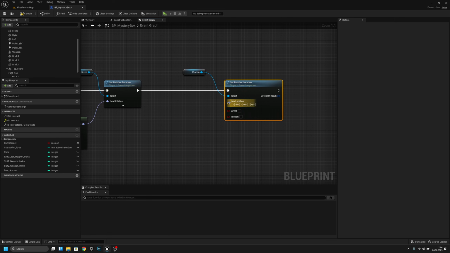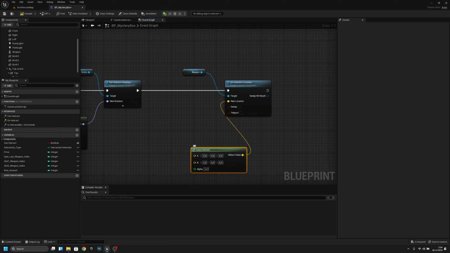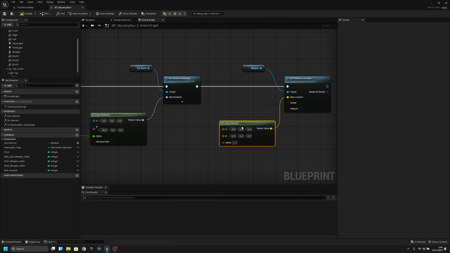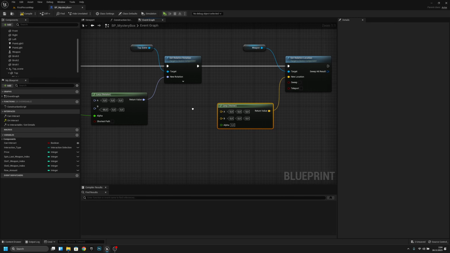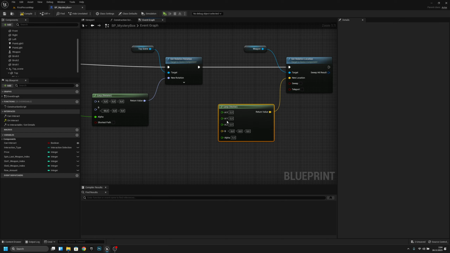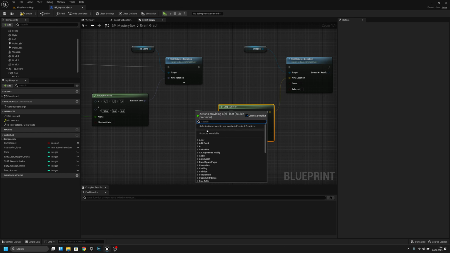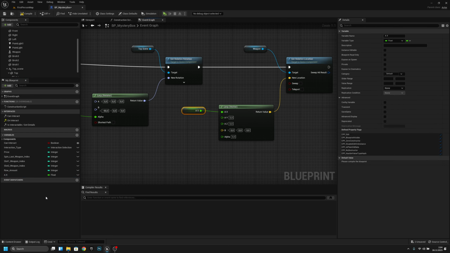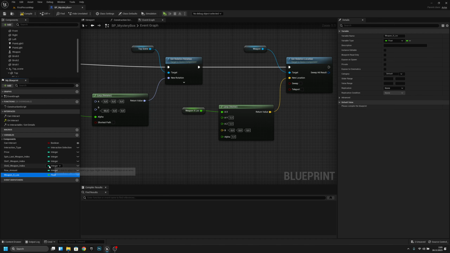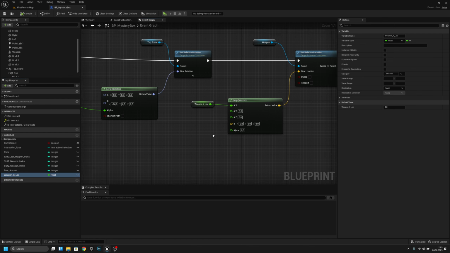And now we also want to get this from this new location and lerp vector like that. Now we want to put it to here, and now we want to split this A, and this AX we want to promote to a variable, and we want to call this weapon_X_location. Okay, compile, save, and now